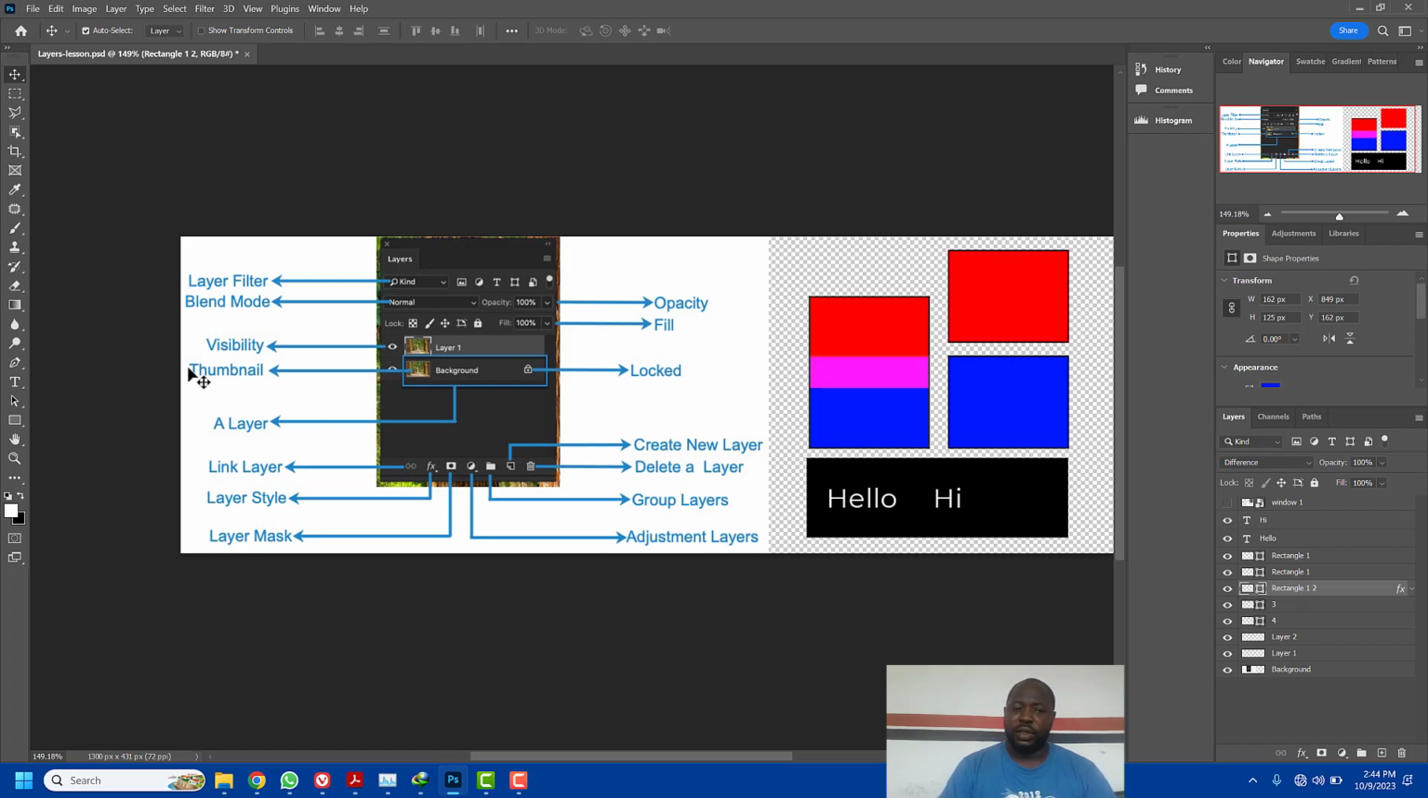The next thing you see here is the thumbnail icon. For everything you bring in Photoshop, Photoshop tends to generate a thumbnail to showcase the element which you have on your layer. For example, here, this T signifies that this is a text, and this also shows that is an image. Okay,